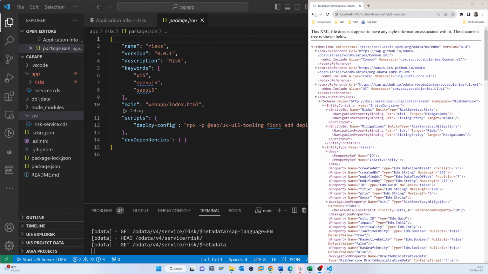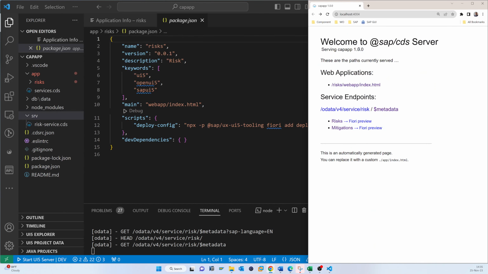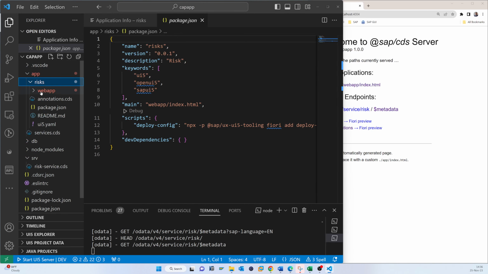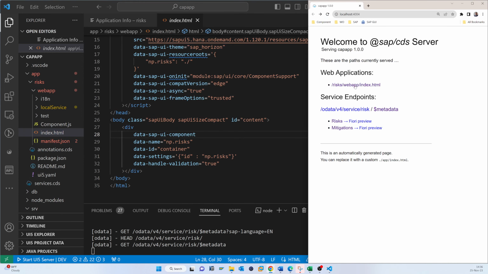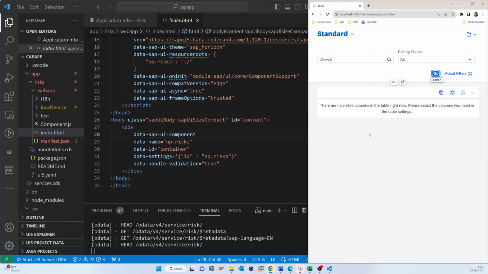Now if you go back, you can see the web application. That means rigs, web app, and index. Basically it is locating the app, that is rigs and web app, and here this is the index. If we click there, it will open the Fiori app. Now you can see that your application is ready. If we click on that Go button,